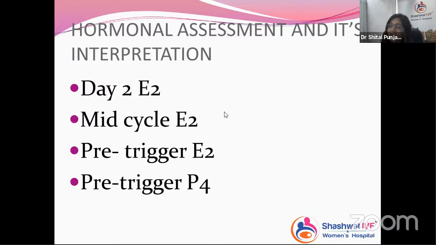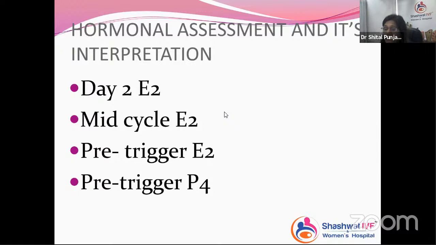So for mid-cycle, E2 is required. For selection of the protocol, AMH and estradiol are required for poor responders in some of the patients. Then we check pre-trigger estradiol in IVF patients who are hyper responders. If the estradiol level is very high, then sometimes we have to completely avoid giving the trigger in any form